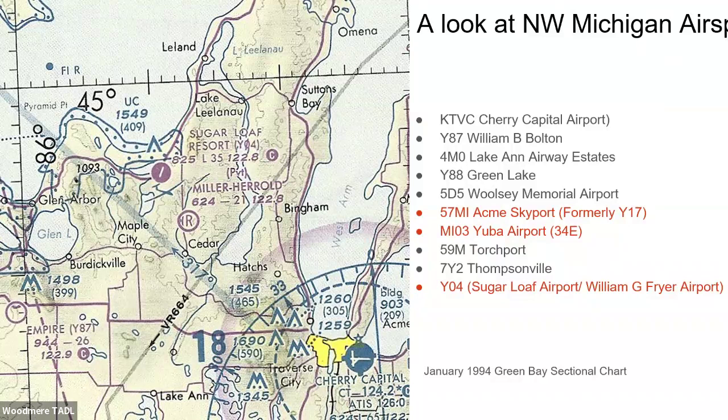But that would be Empire. In this sectional, it displays it as being a grass strip. If it's just a circle, it's a landing airfield, but it does not have a paved runway. And if it has, say, over by Sugarloaf, that signifies that it is a paved runway. So we've also got airports like Lake Ann, Green Lake, local to the area,